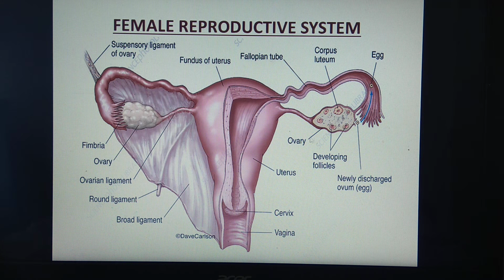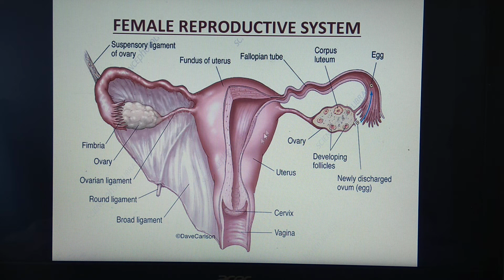This middle broad part is called the body, which becomes narrow towards the lower side. The third one is called the cervix. It is a narrow neck, about 2.5 centimeters in length, and it extends into the vagina. It consists of two openings: an internal os towards the body and an external os towards the vagina. So there will be an internal os towards this side and an external os towards the side of the vagina.